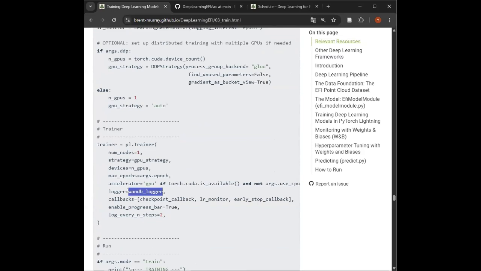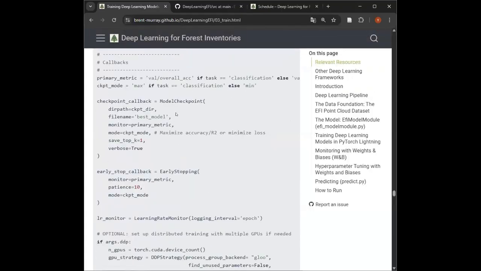There are some options like the TensorBoard logger and also the W&B logger, and also some other options you can see. But for this demonstration, we use W&B as our training logger, and we have also defined some callbacks to watch what's happening during the training and react to it. So the most important here is the model checkpoint, which will monitor the validation metrics like